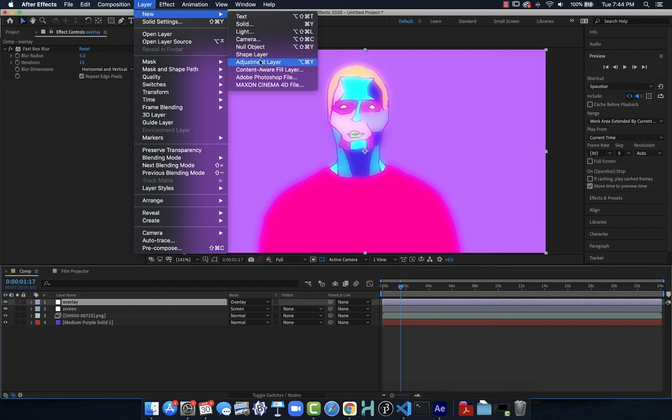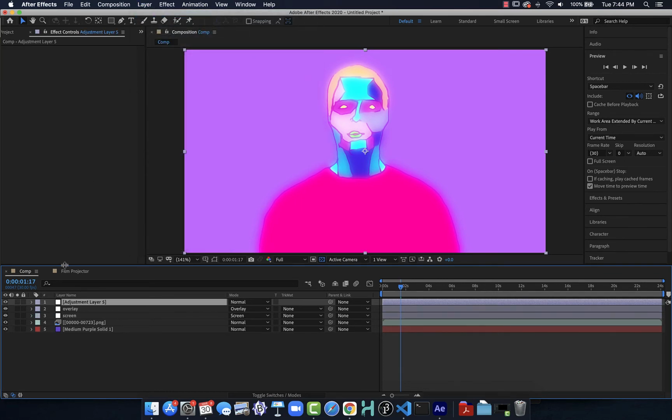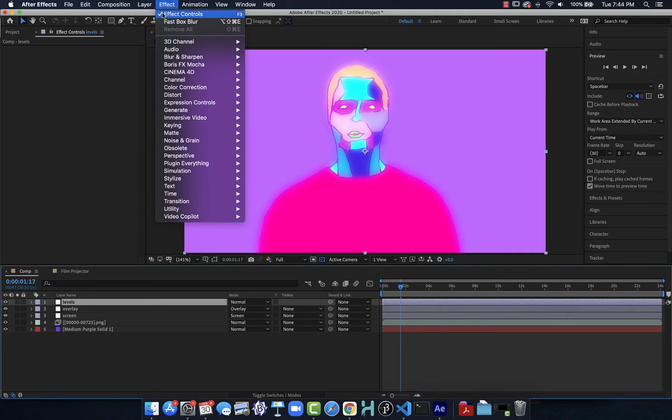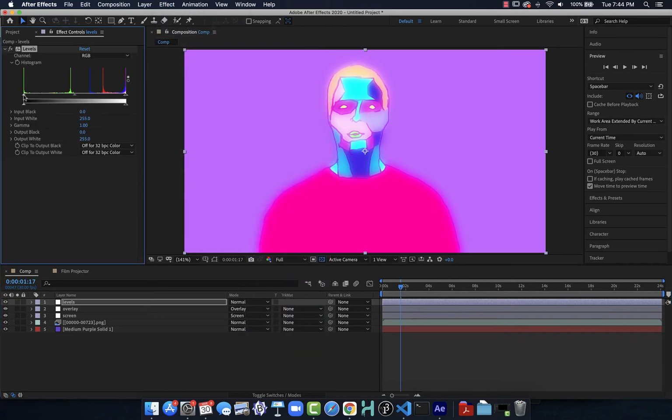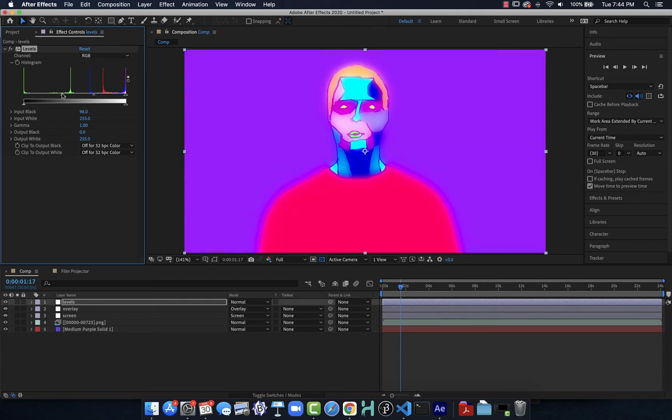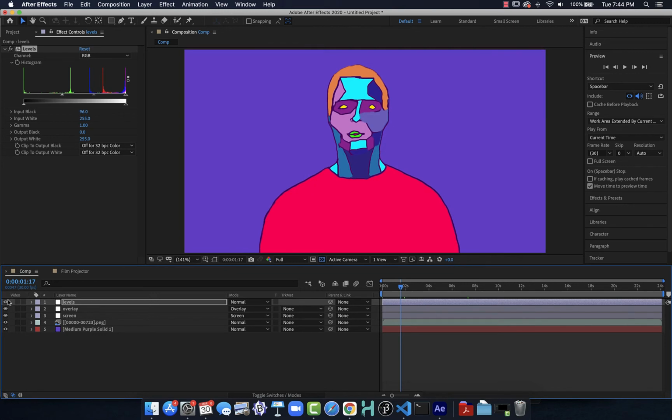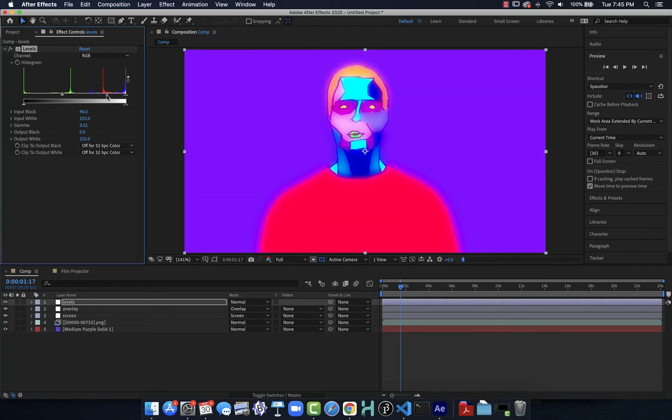The next thing that I want to do is to create another adjustment layer. And we'll name this adjustment layer, this is going to be set to levels. And this time, when I go into my color correction, I will go down and choose levels. What I want to do is to darken it back up. So what I'm trying to do is get my colors a little closer to what we see there, but with the bloom effect. So pull the dark over,